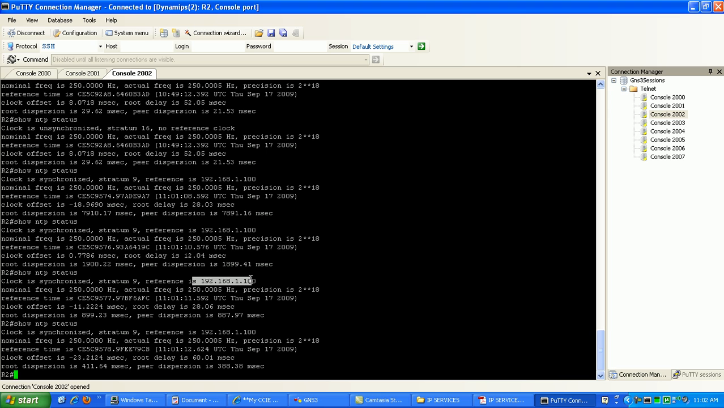You see our router 0 is the reference, and we have a stratum of 9 again, which is, if you remember, router 0 is stratum 8, so we're just incrementing the stratum by 1 for every hop along the downstream path away from the NTP server. Okay, so now that we have that configured,